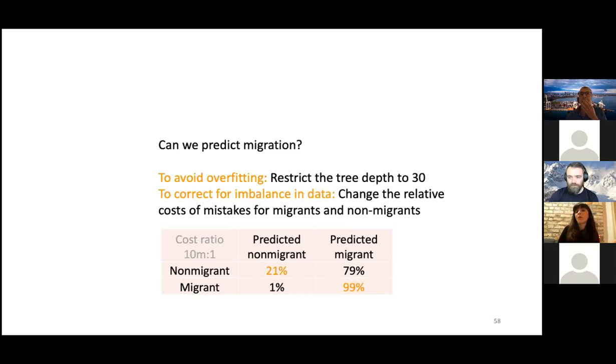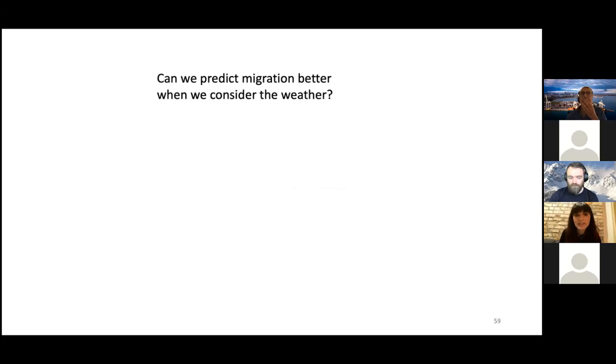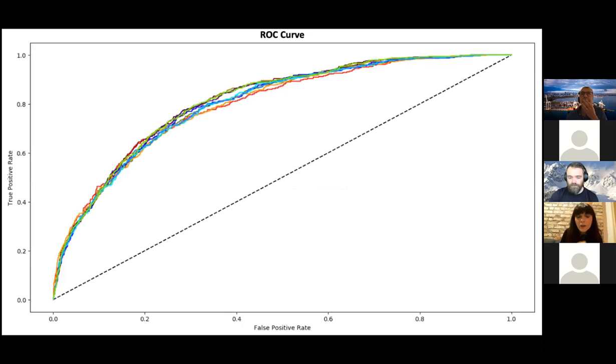What if we pick the best model, the one that was best for us? Can we predict migration better when we consider weather? So this is